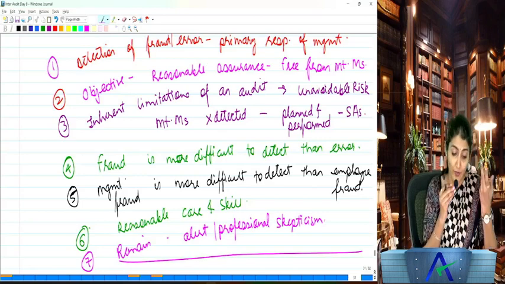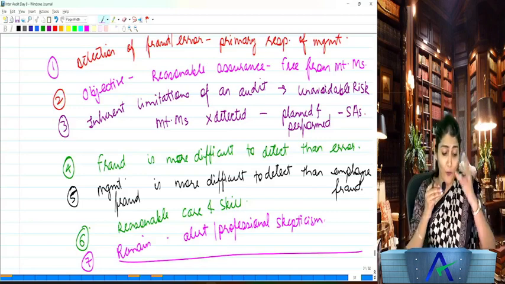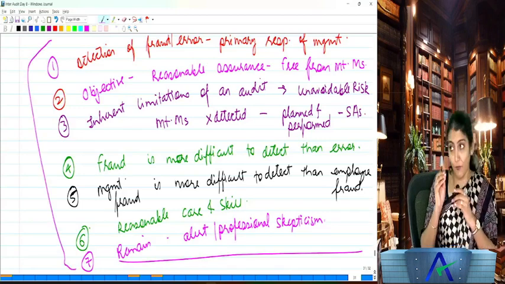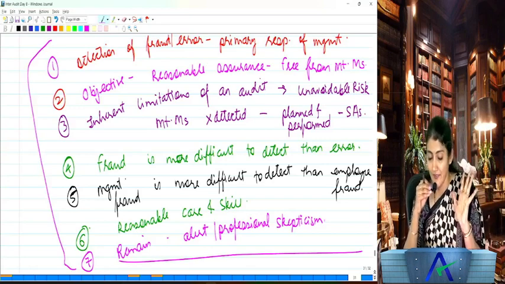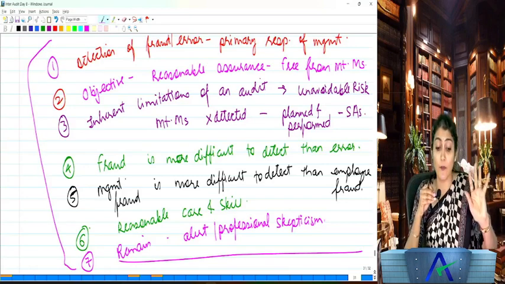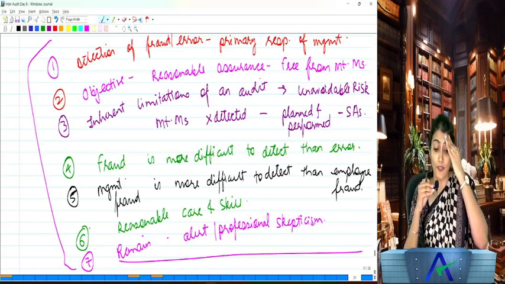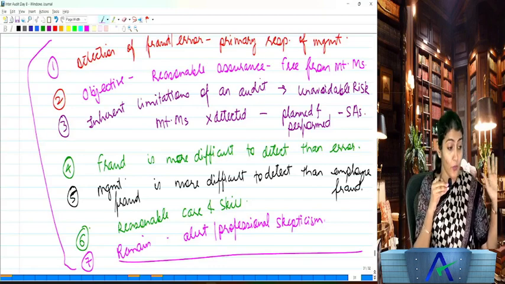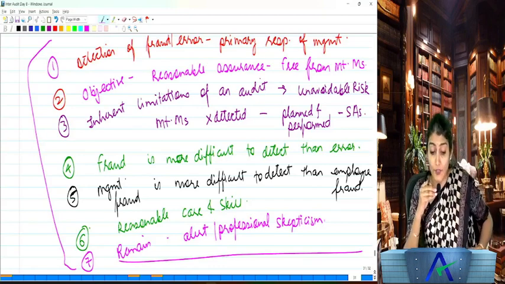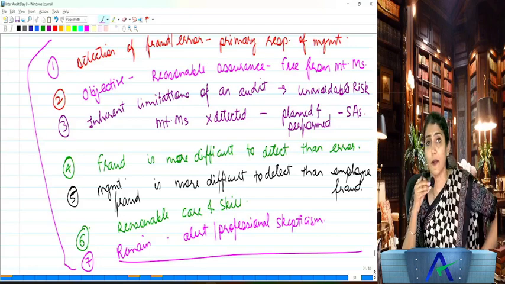Now they are saying, auditor, but we asked you, is detection of fraud and error your duty? He says, whatever you want to understand from this, but the justification I wanted to give from my side, I have given you. It is the primary responsibility of the management. The objective of the auditor is to obtain reasonable assurance. Due to the inherent limitations of an audit, there is an unavoidable risk. If I come, you'll start writing; before that, start writing.